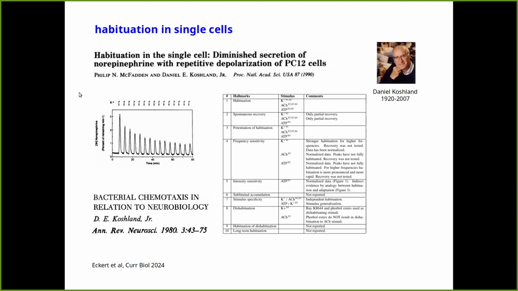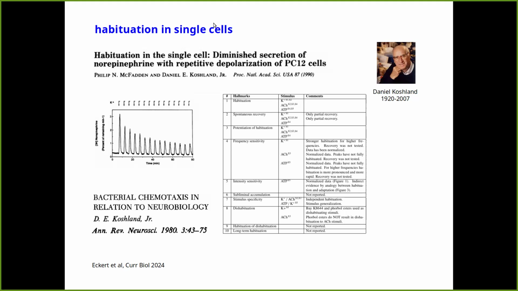But what he shows is that in a particular kind of cell, which are PC12 cells, a neuroendocrine tumor cell line, they come from the adrenal medulla, and in response to stimulation from an upstream neuron, they secrete a number of hormones into the systemic circulation. So in particular, noradrenaline or dopamine. And it's the secretory response that Koshland is studying.